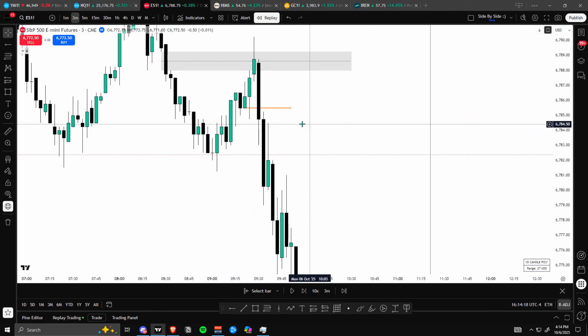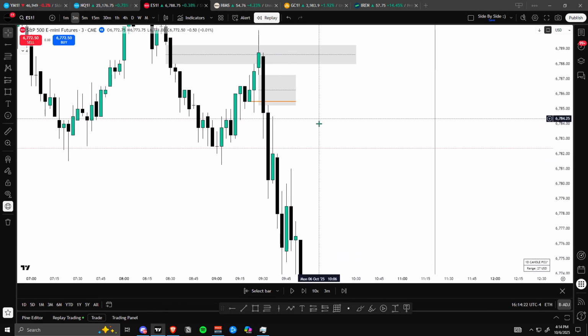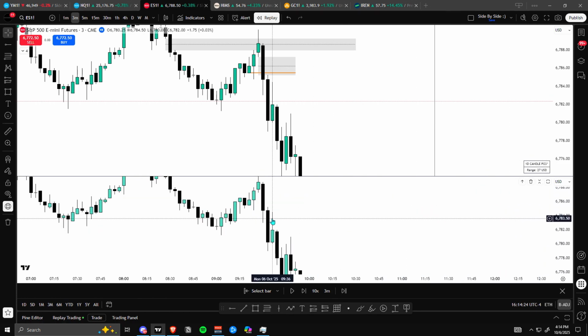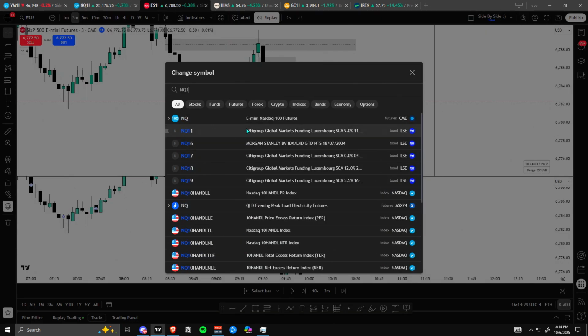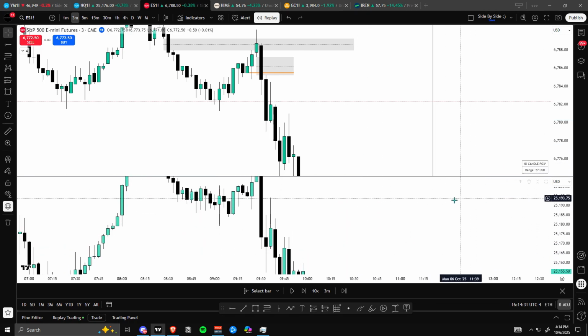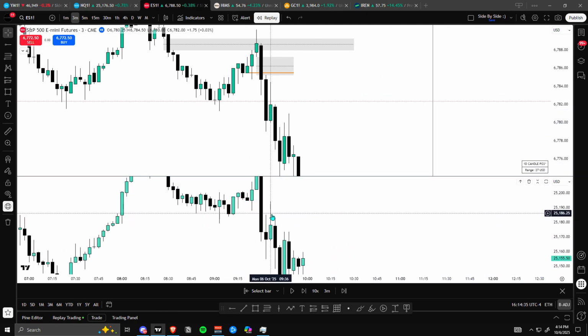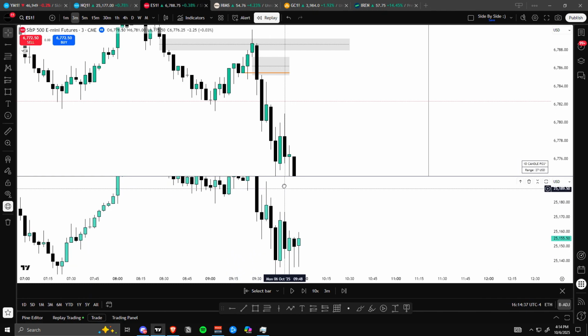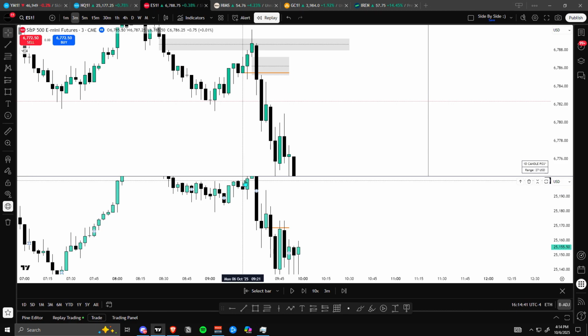So price does what? Leaves and trades away from this fair value gap here. And if we look at NASDAQ, what do we have? Well, we have an SMT gap fill. So you guys can see the stronger asset is poking into this 3-minute fair value gap and then does what? Gives a continuation signature through. Rebalances the fair value gap.